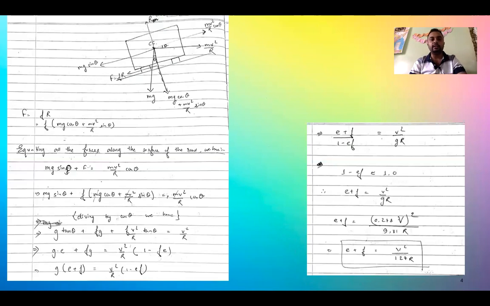So on the diagram on the screen, you can see clearly that all the forces are shown here. That is the weight mg, centrifugal force mv square by R acting in the horizontal direction, and in the vertical direction is mg, and we have capital F equal to f into R acting on the road surface. So f into R is given by f into mg cos theta plus mv square by R sin theta. Okay, so that is the derivation of the components of the force in the direction of the road surface.